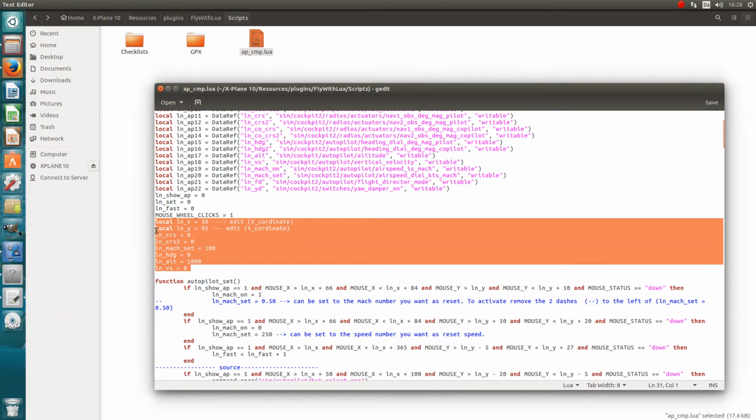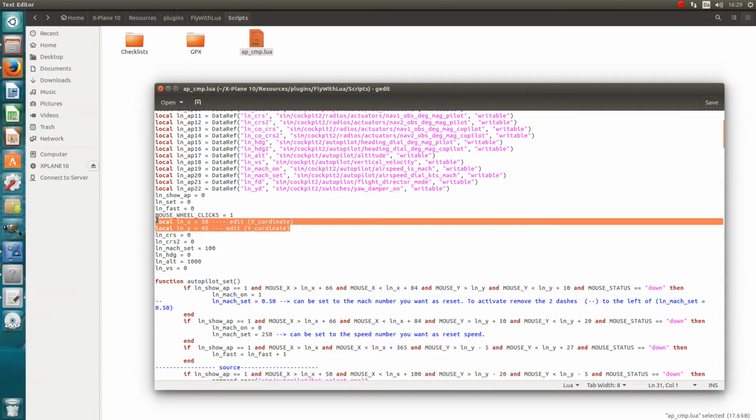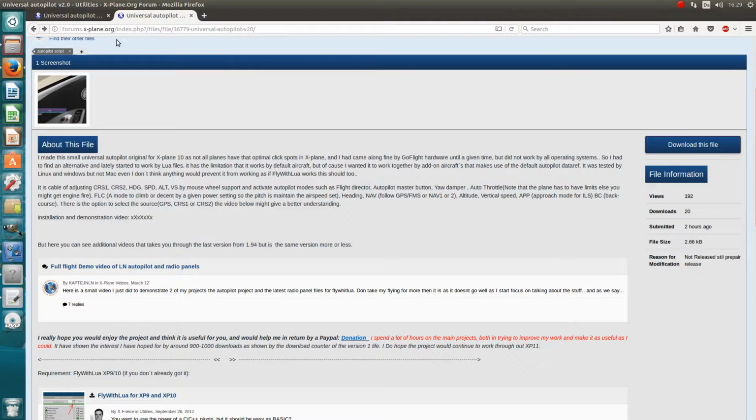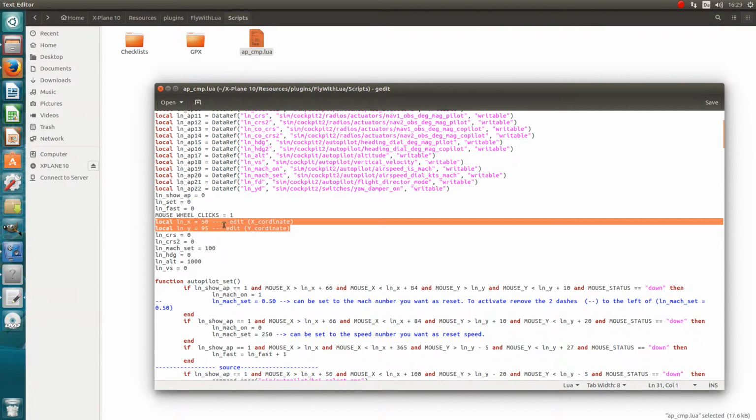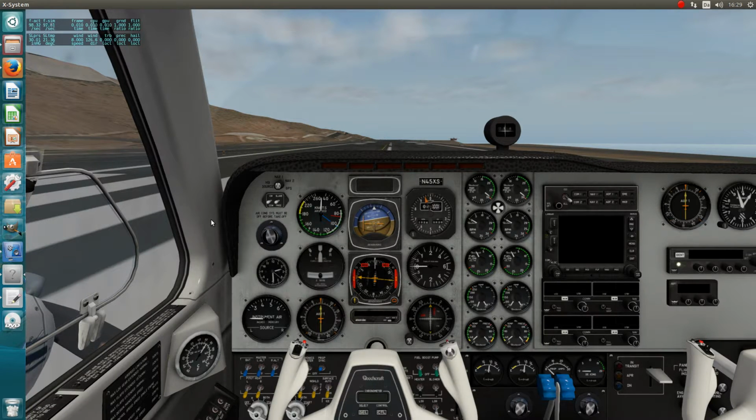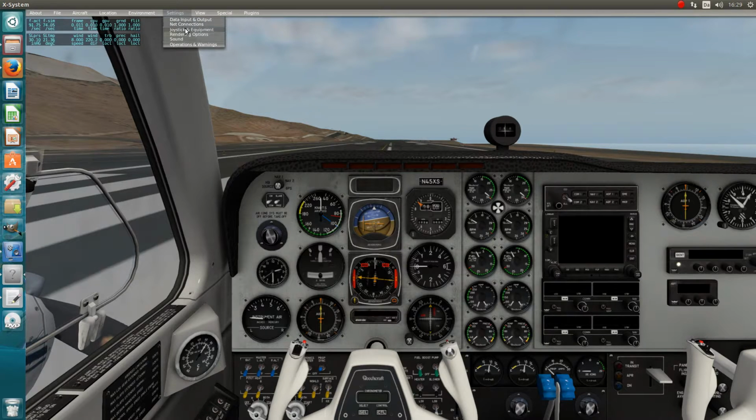You can adjust the values that I'm marking here. This here is for the advanced users only. It is for the users that want to use the X and Y tool to give another startup location for the main window that opens. So if you do not want the window to open up here by default, but up here, you need that tool to get the coordinates to get it started up here. You can click and drag the window around, and I'm going to show that now in a second